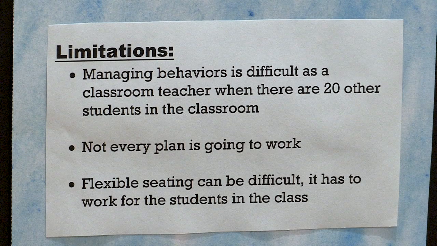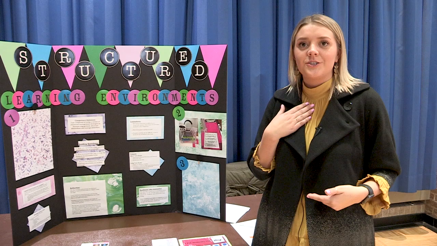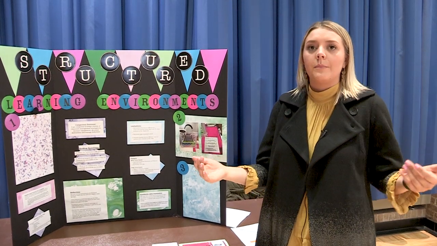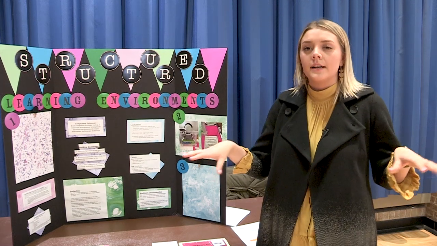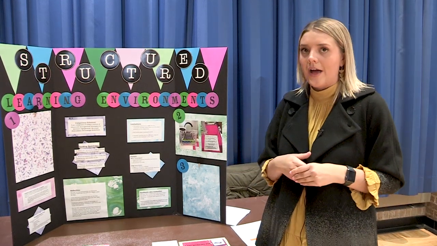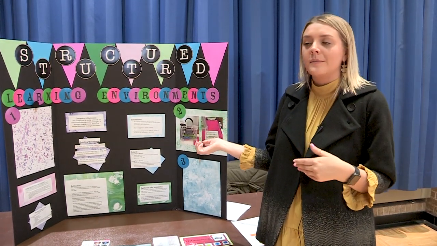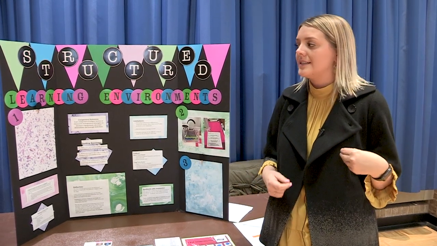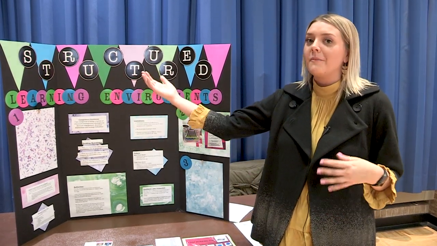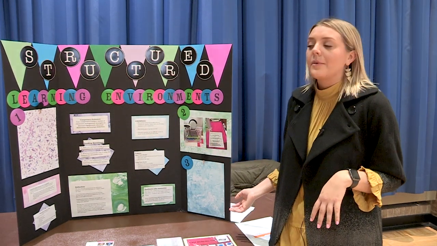And then lastly, flexible seating can be difficult. You have to implement it well, and it has to work with the personality of the teacher, and implementing it well can help your students be more engaged and decrease those distractions and manage the behaviors that you're seeing within your classroom. And so I found that I can structure learning environments based off of my students' needs, and I found that is very, very important to student success. I found that from when I was incompetent to when I approached competency to now where I am competent.